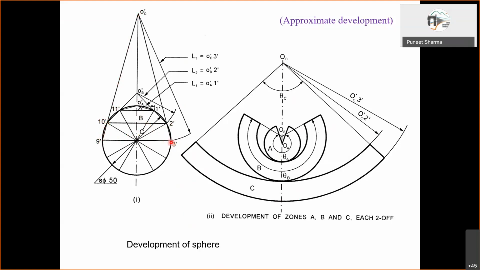We join this and extend. So these will intersect to give this apex. Like that we are locating this. The same is to be done for these two also. So we consider this section plane, it is intersecting here. This section plane is intersecting circumference here. So this point join and extend it. Then this point and this point join and extend. So we locate O dash, OB dash.